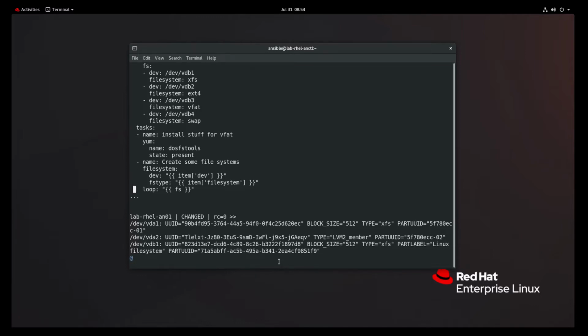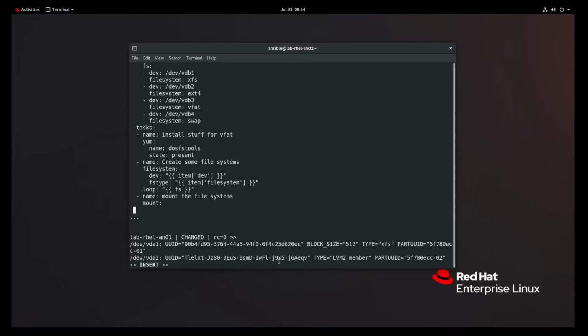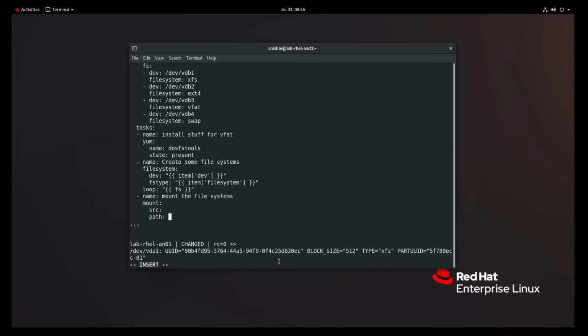So let's try doing this a little different way. I'm just curious to see if this will work. So name, we're going to mount the file systems. We can use the mount command. And for this, we're going to have source. We're going to have path, which is going to be the mount point. One thing about this, the mount module will create your path for you. You do not have to have that created ahead of time. Though I'm not sure if it will do subfolders. I guess we'll give that a try as well. So path, and then